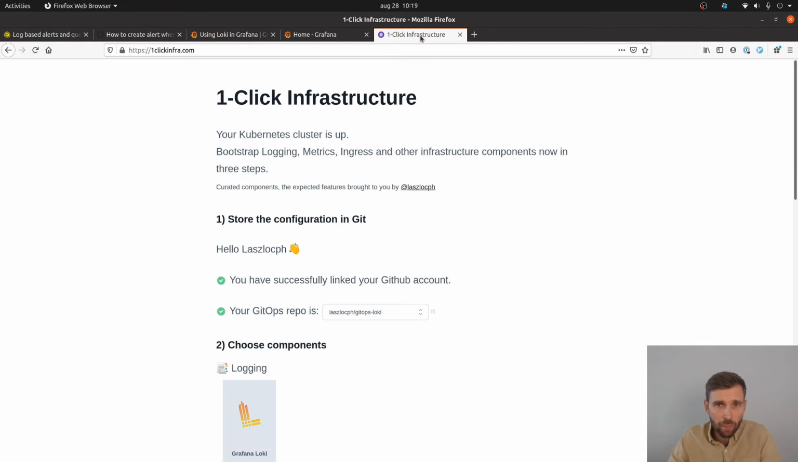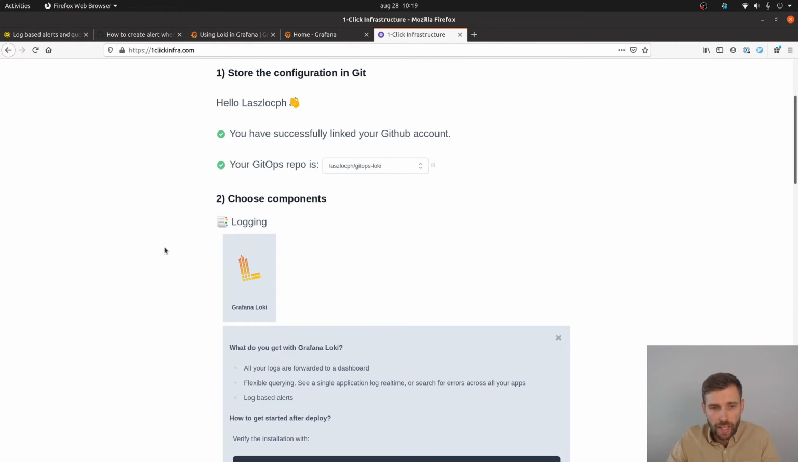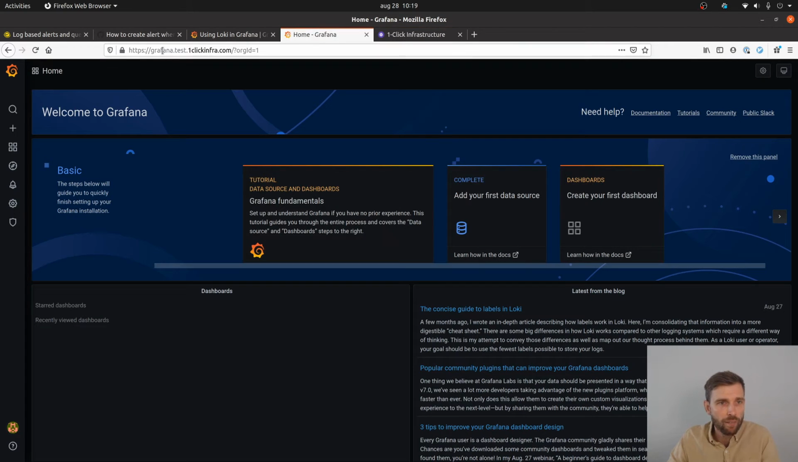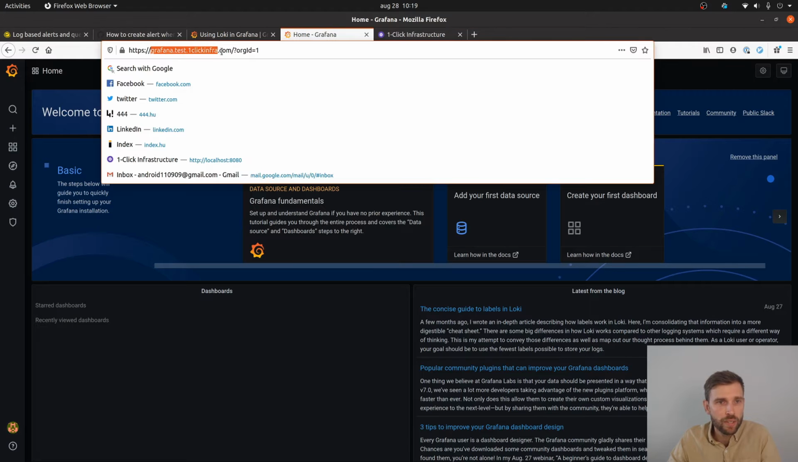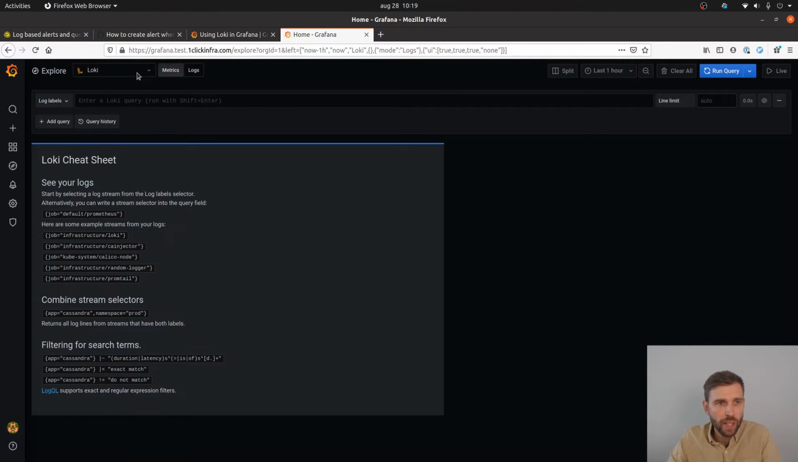So just as a recap, with one-click infra, we installed Loki, we picked Loki and we enabled it, and then we deployed it on the cluster. So here we have the Grafana installation on its own domain, and the Explore view could be your first go-to place. If you install Grafana with one-click infra, you get a couple of data sources predefined, like the Loki one, where you can start exploring your